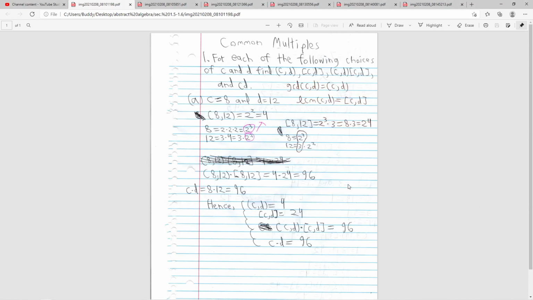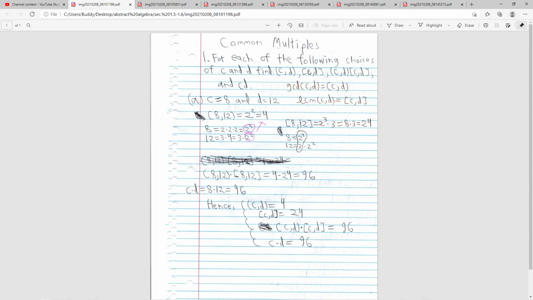So, common multiples. For each of the following choices of C and D, find GCD(C,D), LCM(C,D), and the product of the two. When you write the GCD of C and D, it's with normal parentheses. It can also be stated as (C, D). Parentheses are used for GCD, and square brackets can be used for LCM